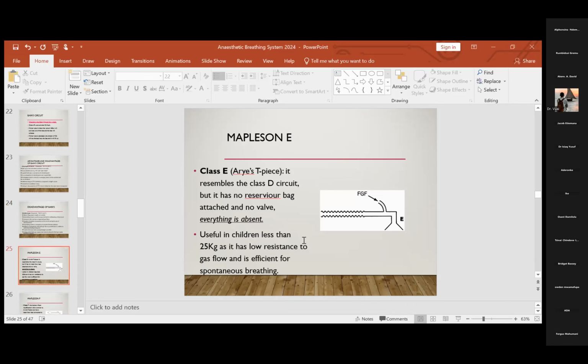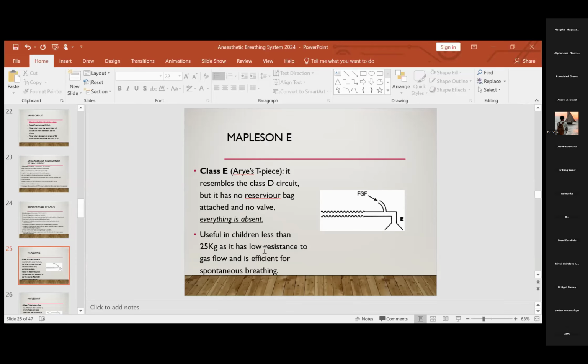The class E system, what we know as the Ayre's T-piece, resembles the Mapleson D, the Bain circuit, but know that it has no reservoir bag, it has no valve. So class E, everything is absent. There's no reservoir bag, there's no APL valve attached to the breathing system. All right, why? Because it is designed to produce low resistance to gas flow